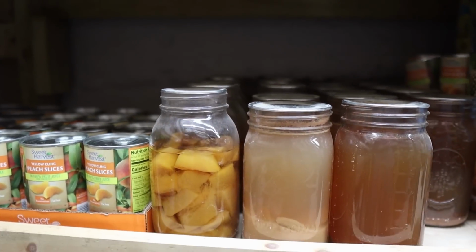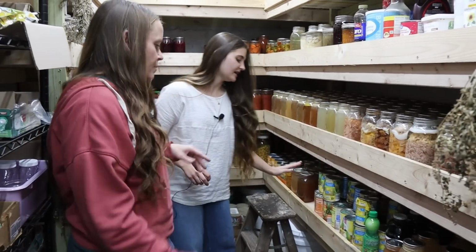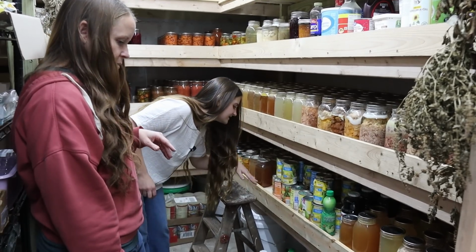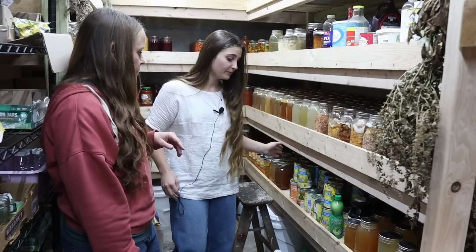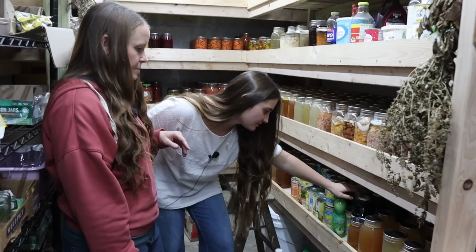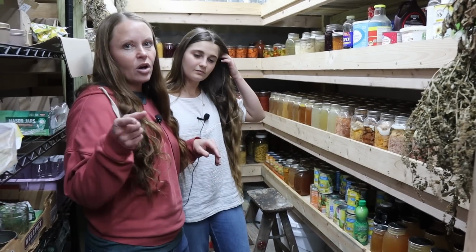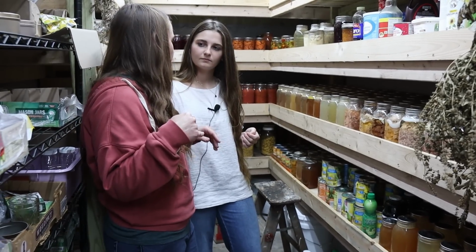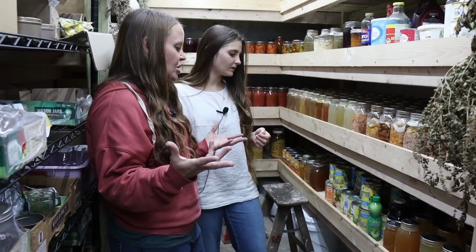Some apple juice and apple cider, and then just various different kinds of more store-bought fruits. So pineapple chunks in their own juice, peach slices, and pear halves, mixes. It's just canned fruit. Yeah. And then we have some pomegranate juice and cranberry juice. We talk about in the Aldi stock up why we keep some juices on hand. It's mostly for if kids get sick or dehydrated,